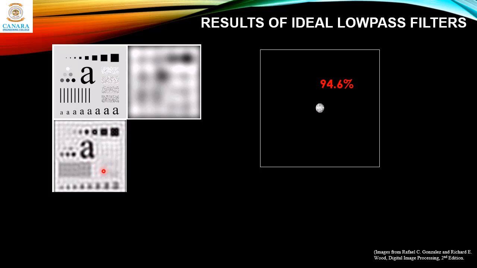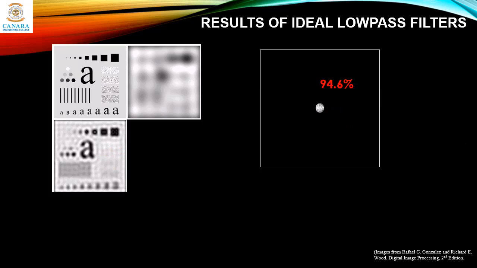You can see a lot of information here. You can see this A clearly, but the smaller A's are not clearly visible, and these lines are not distinguishable. A few dots you can see, but the smallest one has disappeared, and the noise squares are lost here. So this is the effect of the second circle with 94.6%.